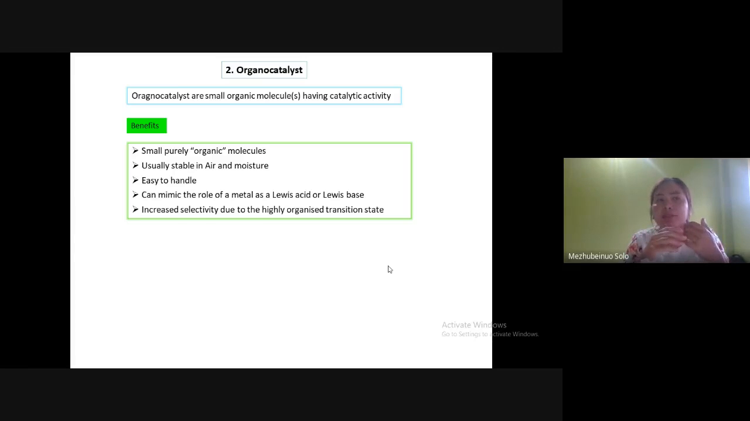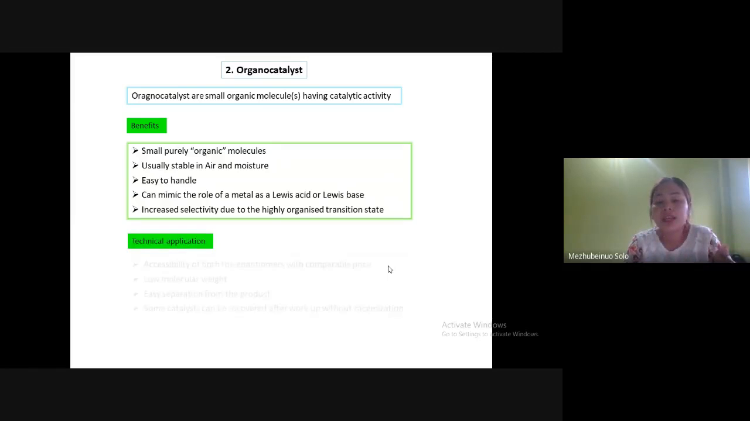So see, most of the currently used efficient catalysts have more than one active site. Almost all the reported catalysts we have now act as bifunctional catalysts. They usually have a Bronsted acid and a Lewis base, so they can activate both the donor and the acceptor. So it not only accelerates the reaction, but also increases selectivity due to these highly organized transition